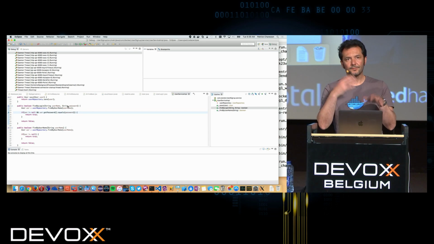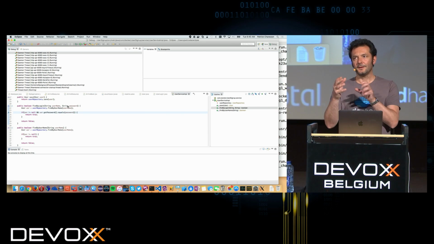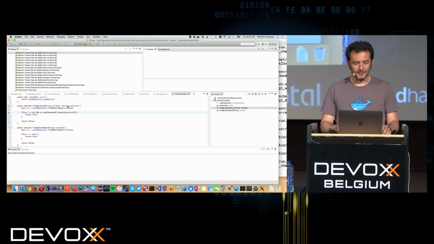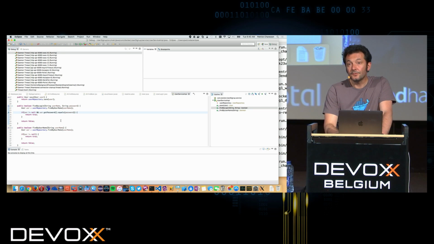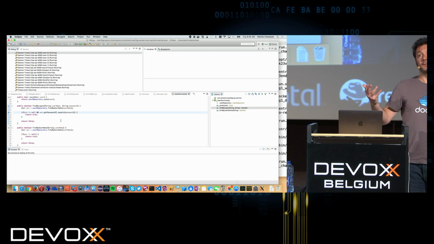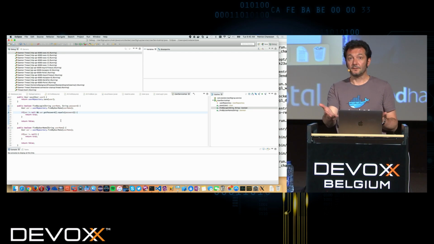So actually, if you go through the whole exercise, you'll see that the password is actually ROT13 encoded, and you need to decode it before checking it. We just won't do it here. But that shows you how, if you want to debug your application in a Java container, it's pretty similar to debugging it when you're running it locally.